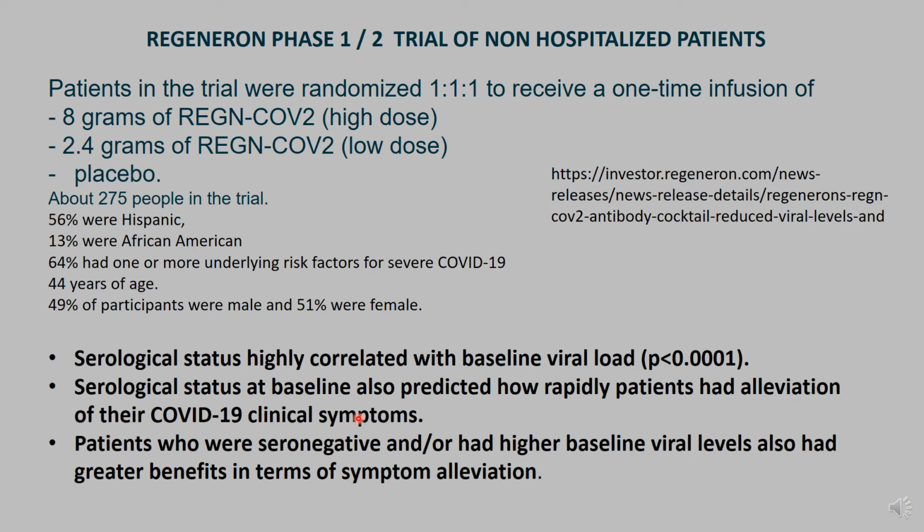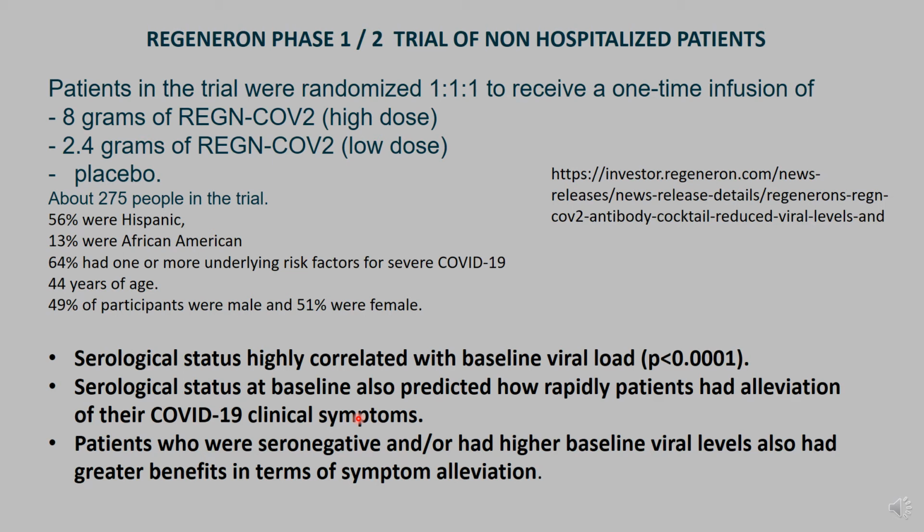So there was a group of people who did not have antibodies before they were given this monoclonal antibody therapy. So they were not able to generate a strong immune response by themselves. In these people, the monoclonal antibody actually had an impact. Because they didn't have their own antibodies, when given this powerful monoclonal antibody cocktail, they were able to reduce viral load significantly. And I'm not spending too much time going into the data because this hasn't been published in